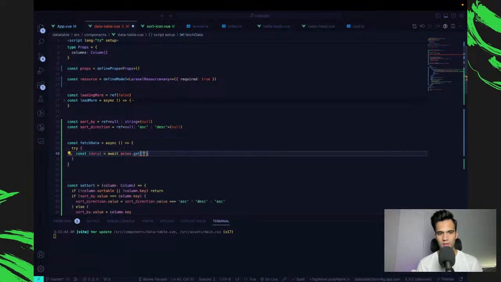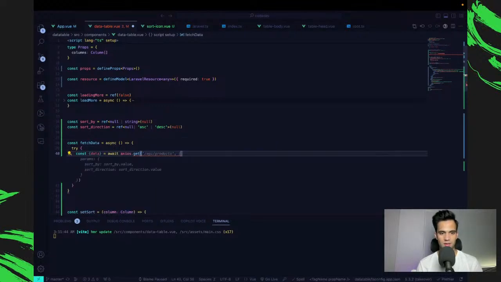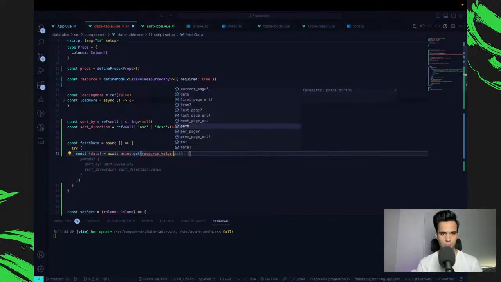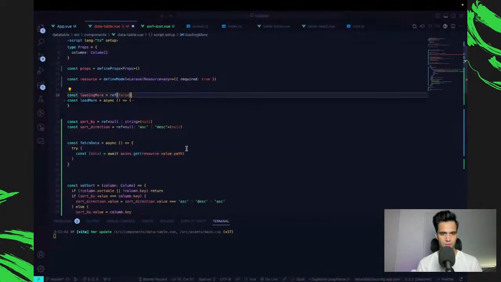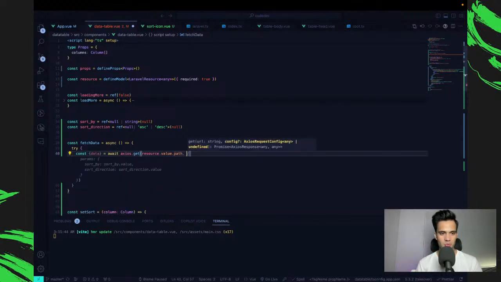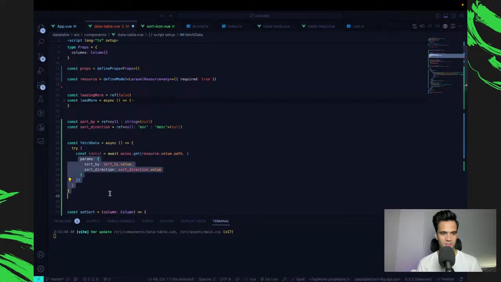And where is the URL? We all know the URL is inside my resource. Resource.value.path. So this is where I'm getting the data from. And additionally, I'm going to pass it two parameters, which it already hints me that it